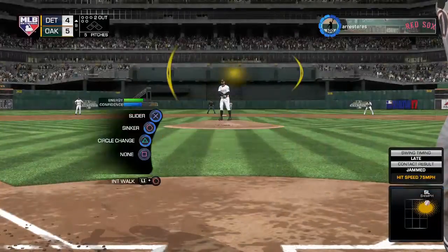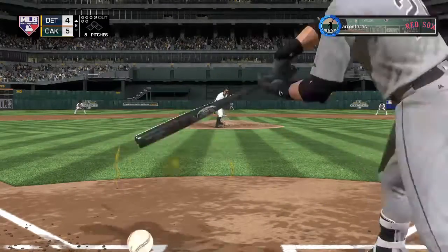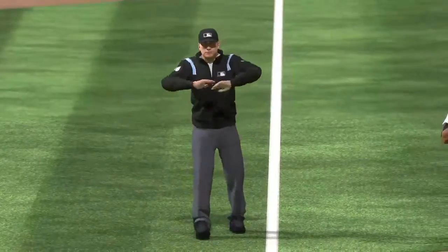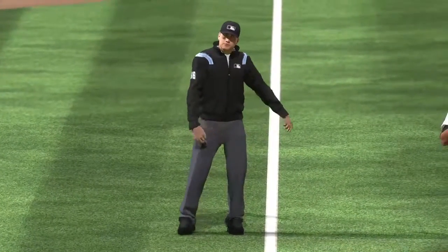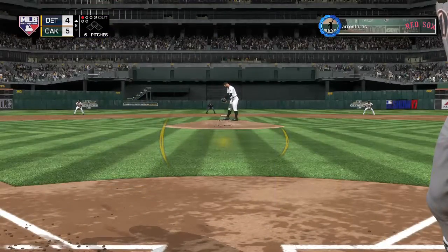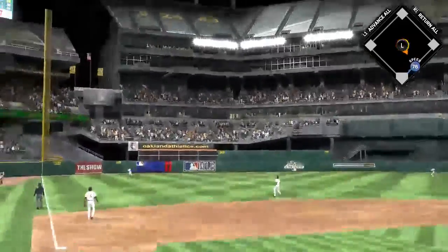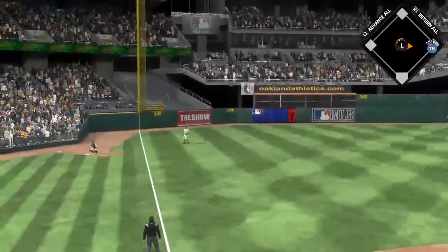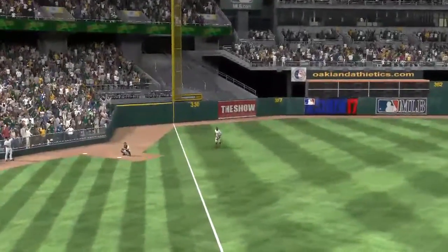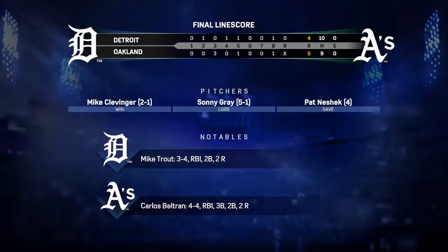In is Christian Yelich. It was a flyout for him in his last trip. And a check swing here. They'll point down to the third base umpire, but no swing on that one. It's a ball 1. The windup and the 1-0 pitch. Goes the other way with it as this is in the air down the line in left. Beltran is there. Makes the catch, and the ball game is over. So the lineup really helped carry them to victory here in this one, and this man